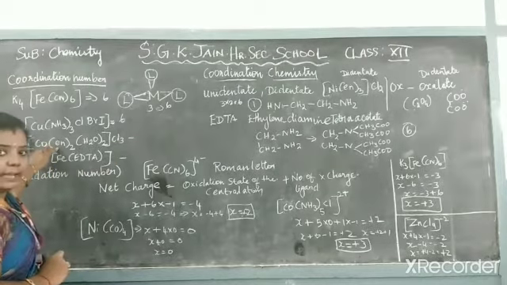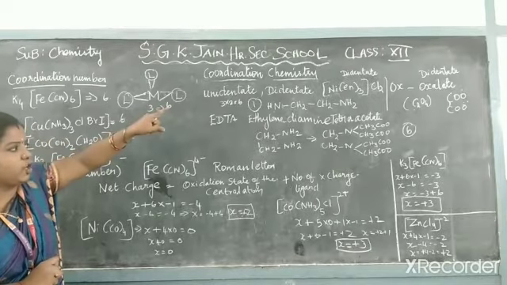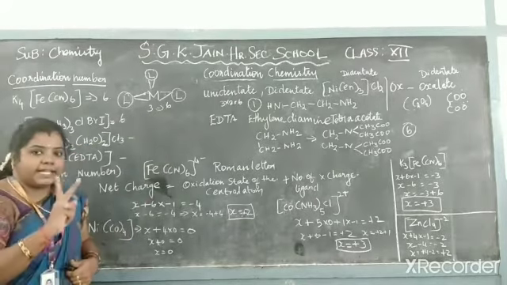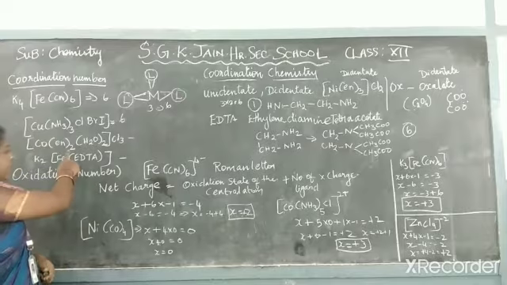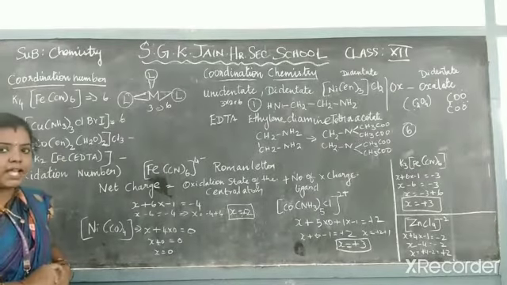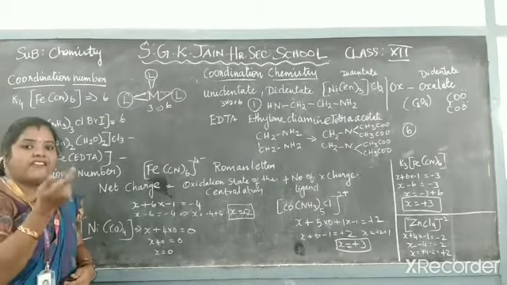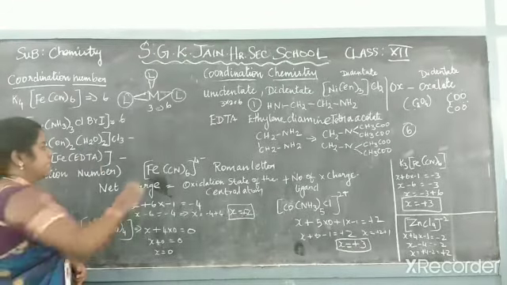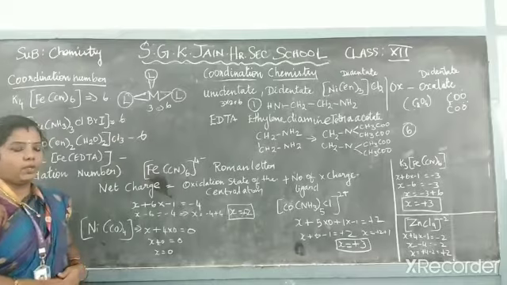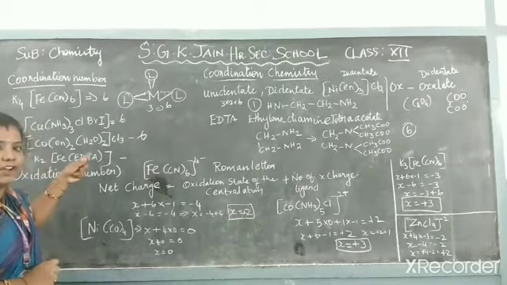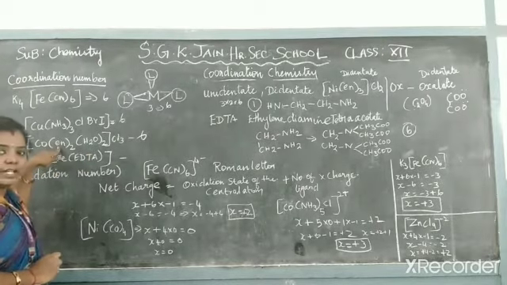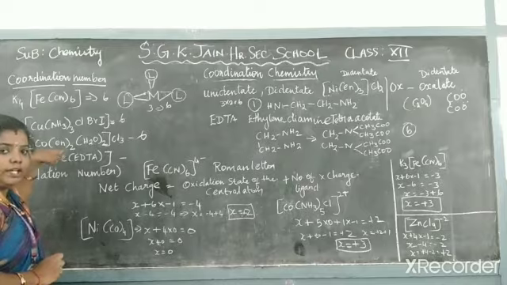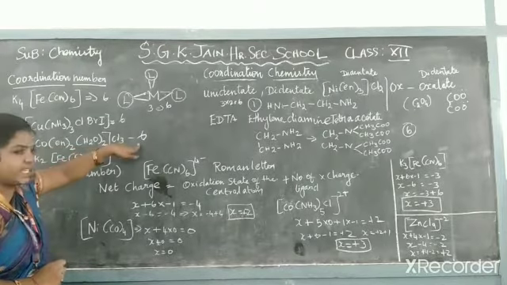Let's see here. It is ethylene diamine. What is the meaning of ethylene diamine? It is bidentate, so 2. How many ethylene diamines are there? 2. Two 2s are 4. Water molecules, 2 are there. 4 plus 2, 6. What is the coordination number for this compound? Ethylene diamine you have to count as 2, so 2 into 2 is 4, 4 plus 2, 6.